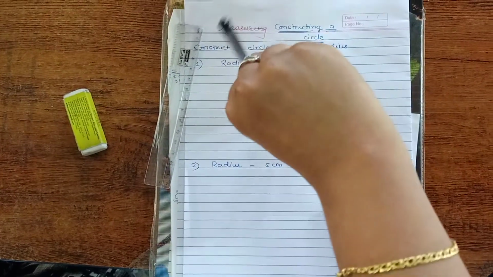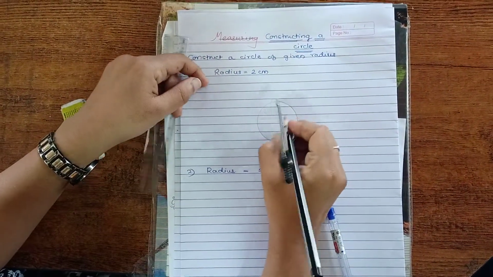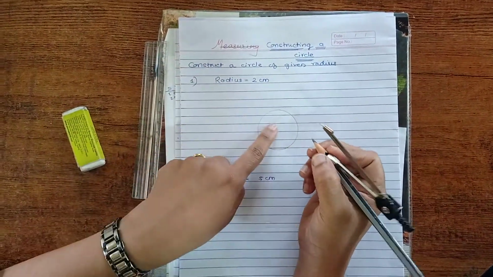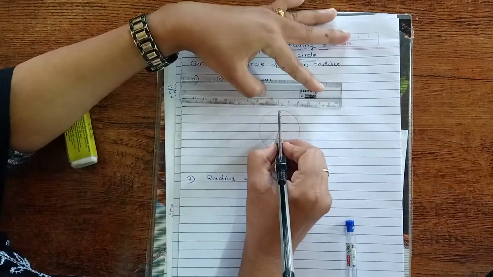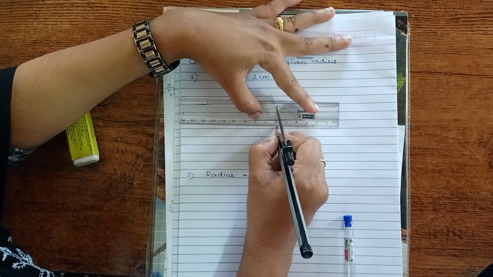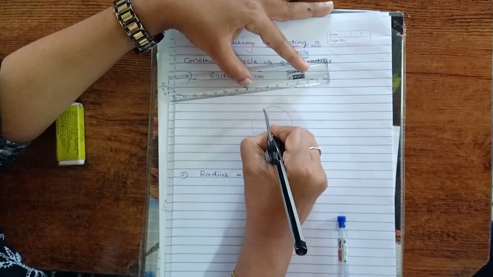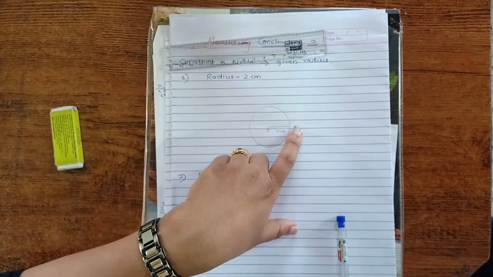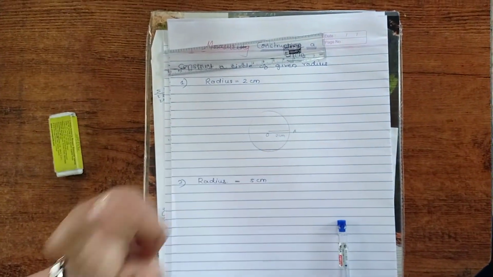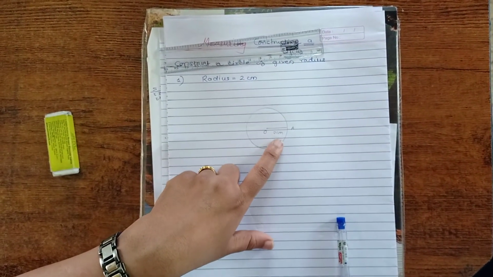If you can clearly see, one circle has been drawn over here, and that is the circle based on the radius 2 centimeter. So I am going to stretch this line from the middle dot, and I am going to draw one line over here that will be 2 centimeter. I'm going to give names for it, that is O over here and A over here. You can give any names, but the radius which you have drawn, you are going to mention over here in between, that is 2 centimeter.